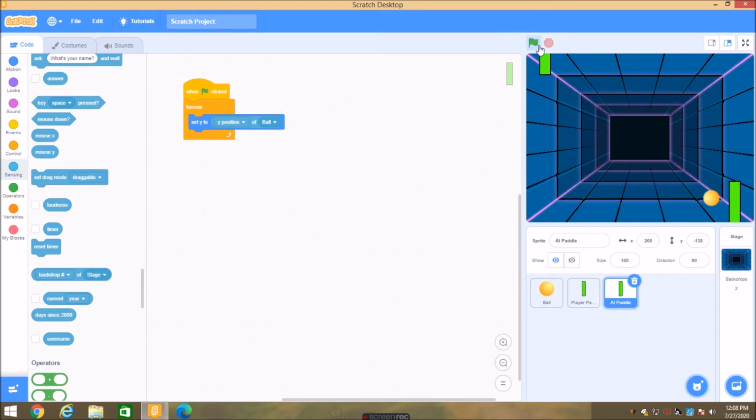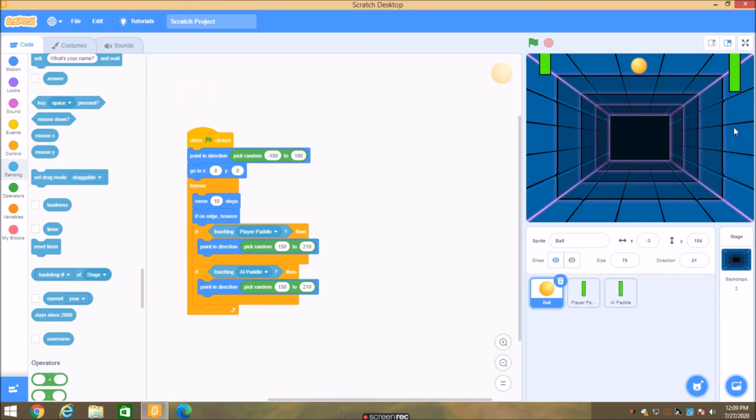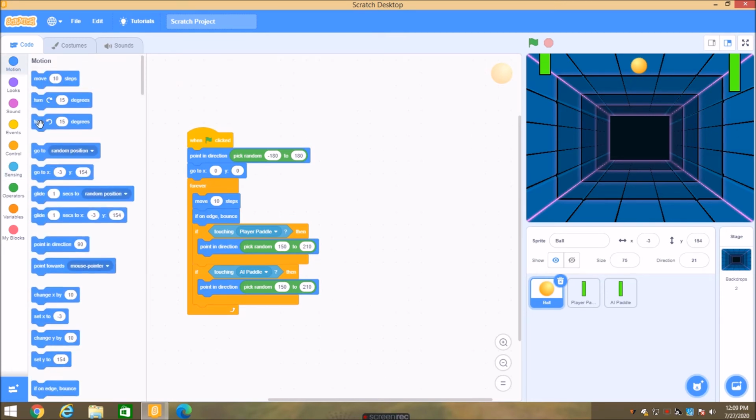Yes, you can see, wherever the ball goes the AI paddle goes there only, and my player paddle also goes there. So I saw that it's stuck on the AI paddle, so for that we can just do move 10 steps, and yeah, now I don't think it will get stuck.